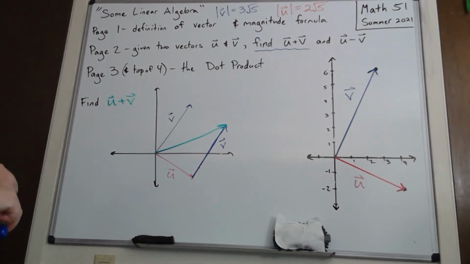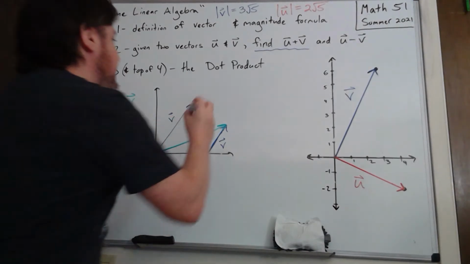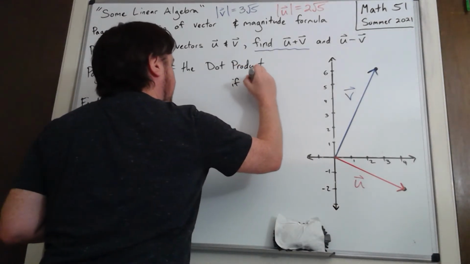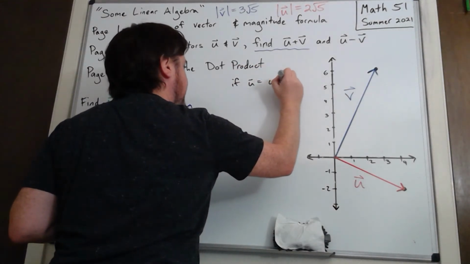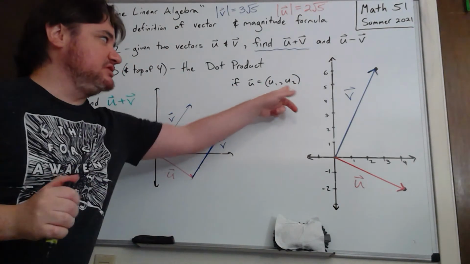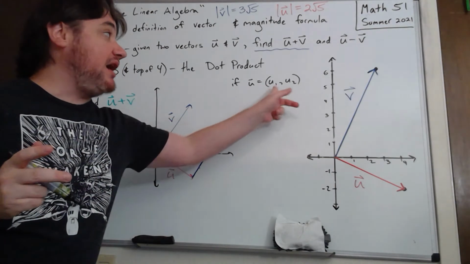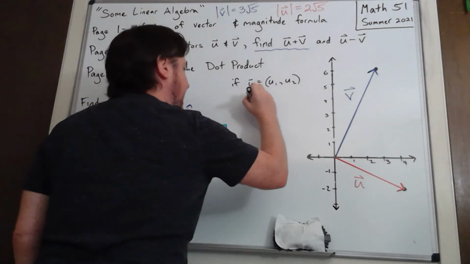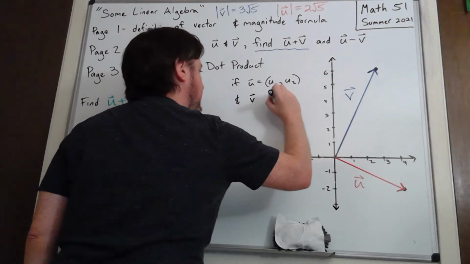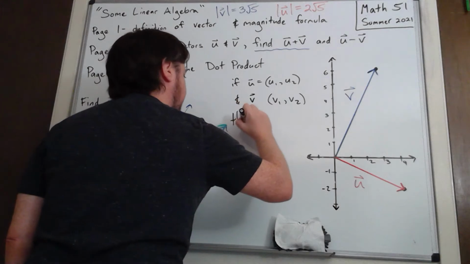So for coordinates, I guess I don't have to color code all this. If u is u1 comma u2, right? I'm not using the vector symbol because these are just numbers. But then I'm labeling them 1 and 2. It's really the x coordinate and the y coordinate, right? If u is that and v is v1 comma v2, then u plus v